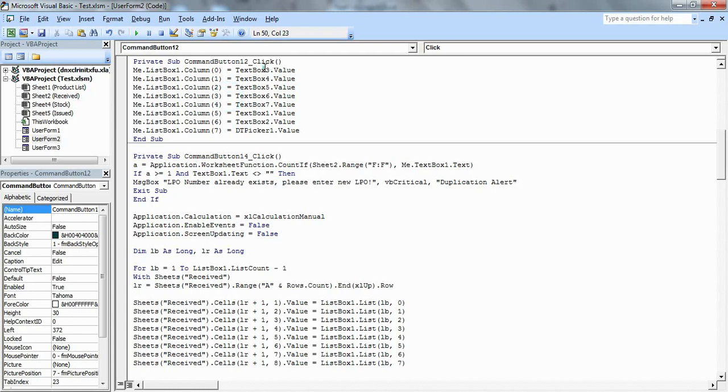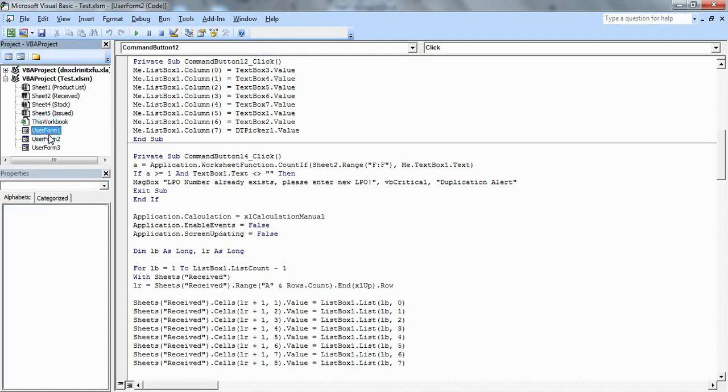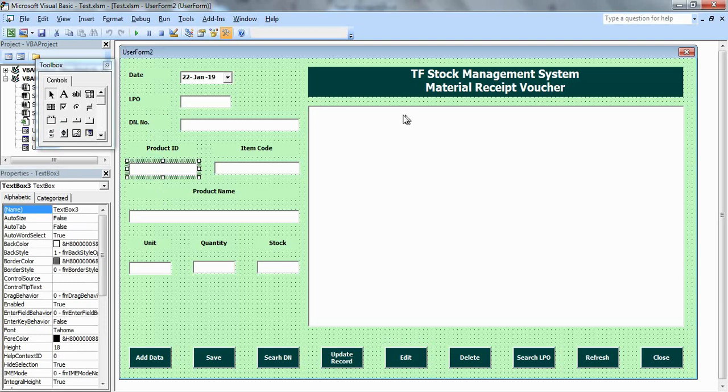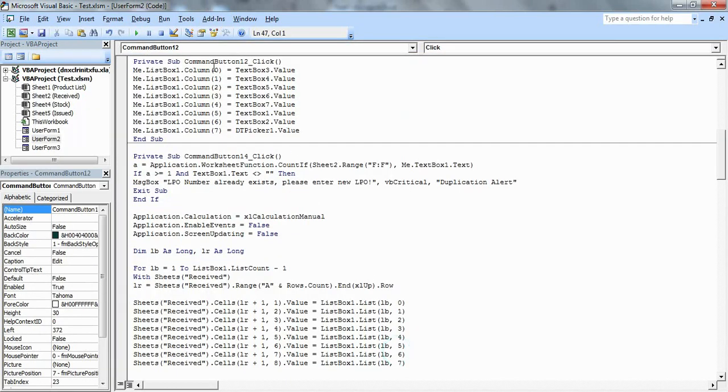For example, as you know, text box 3 represents the product ID, while in the list box the product ID is column 0. For that reason you can see text box 3 and column 0. So which text box represents which column, we have just put in front of the column.